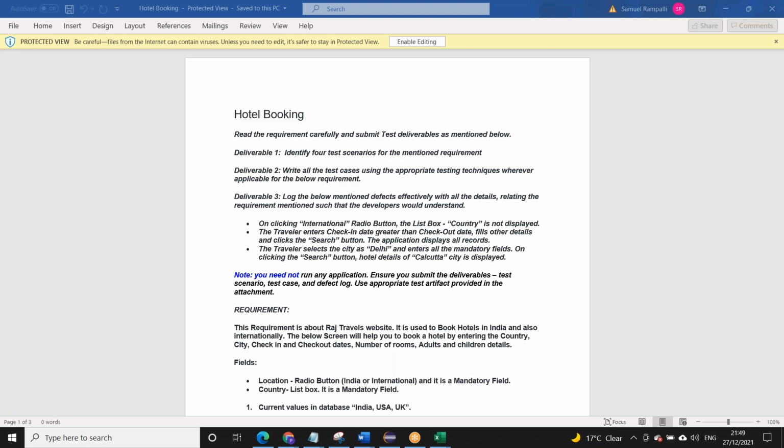Just search results being displayed is not the end of our testing. So the user is able to book it, that is the end of our testing, right? So the scenario will end at booking. So you have to understand the requirement in that way. Where is the starting point, where is the ending point, what are the things they are mentioning,